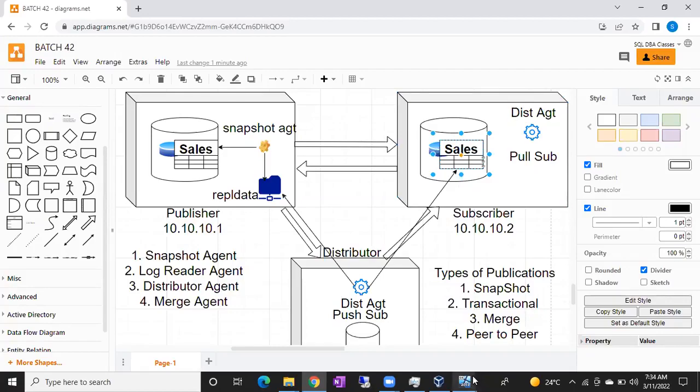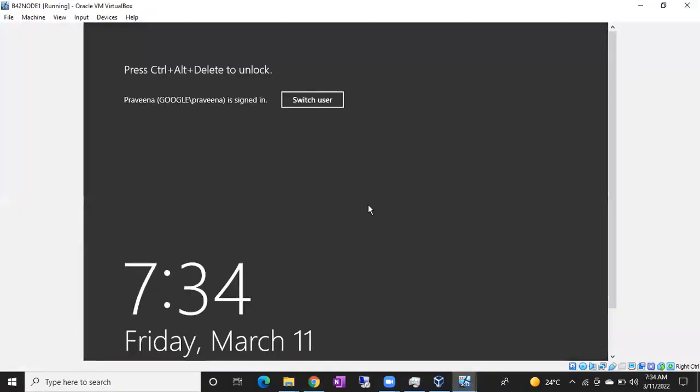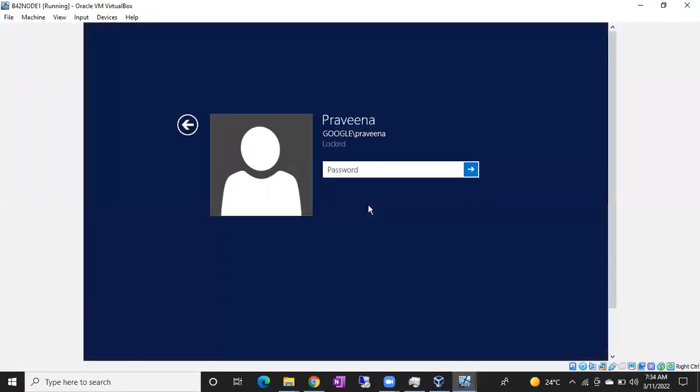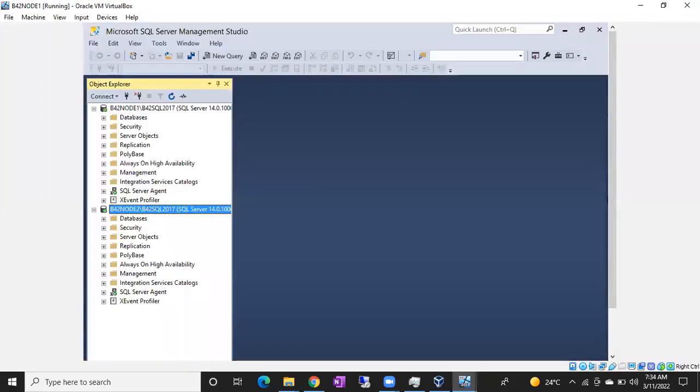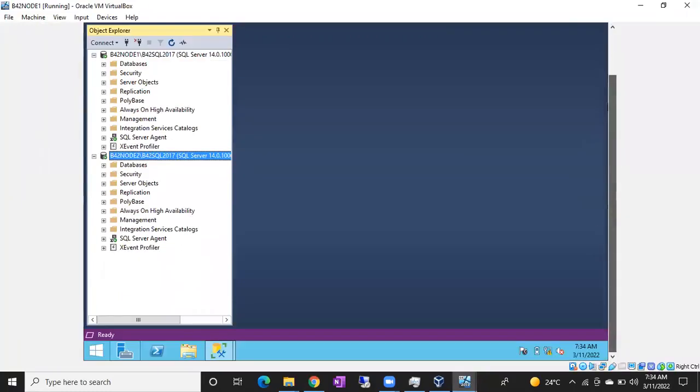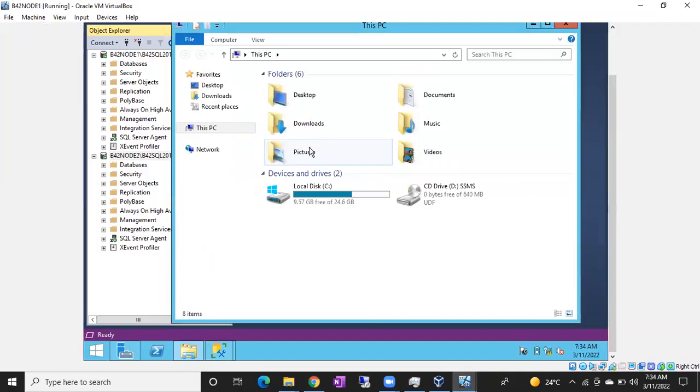Okay, so listen carefully. It's very easy. Whatever things we discussed, I'm just trying to apply the same things. No need to create any shared location. It will be already created. The REPL data folder will be already created during the installation, guys. So no need to touch that folder, but I'll show you what will be there in the REPL data folder. Usually nothing will be there.